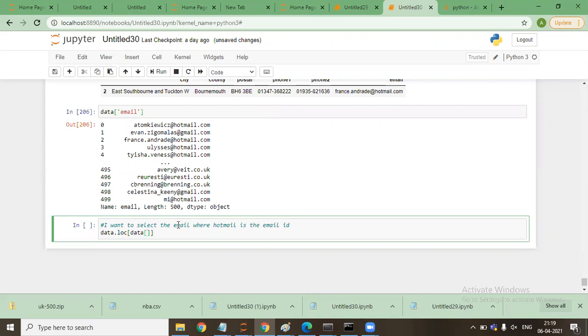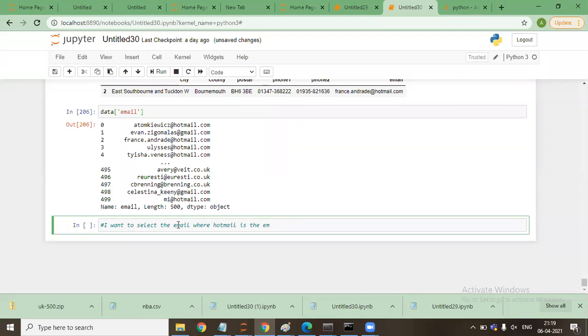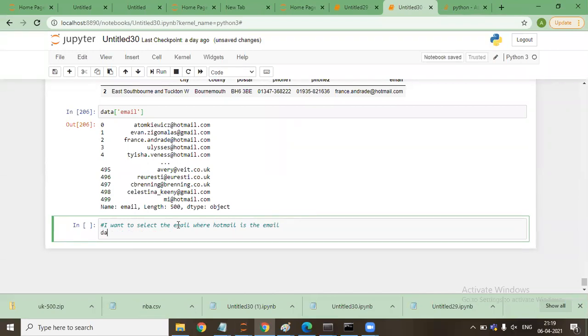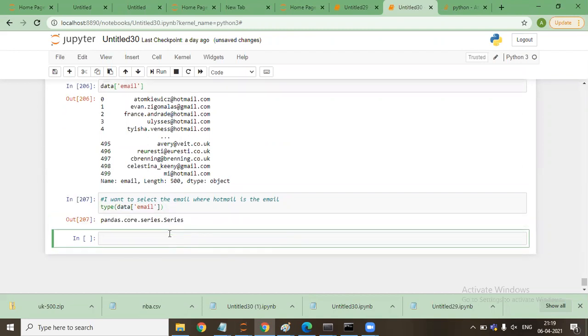I'll say data email dot str. If I say dot email dot str, what does it mean? Let me tell you first. If I say data email type, it is a series.